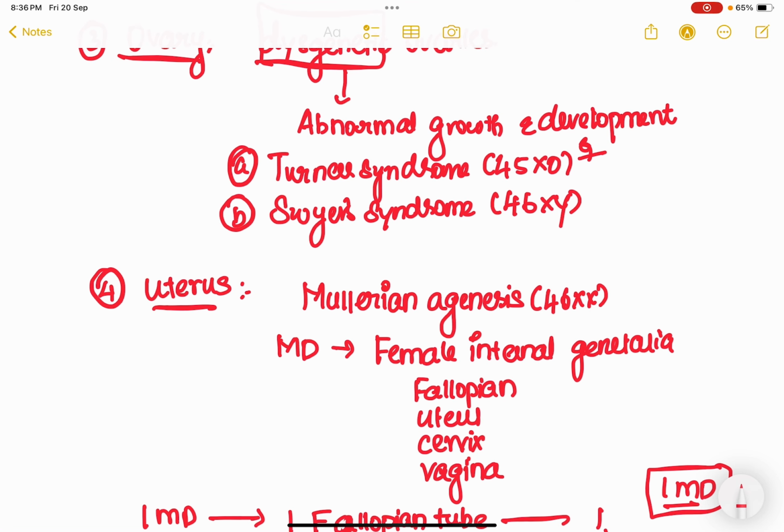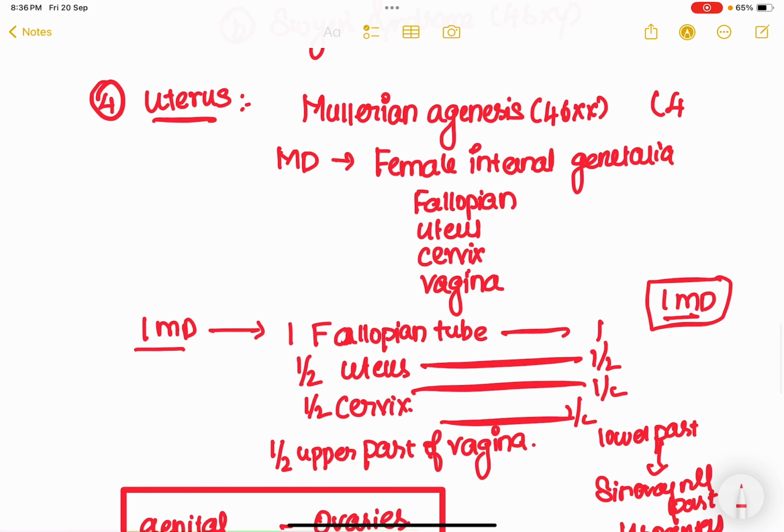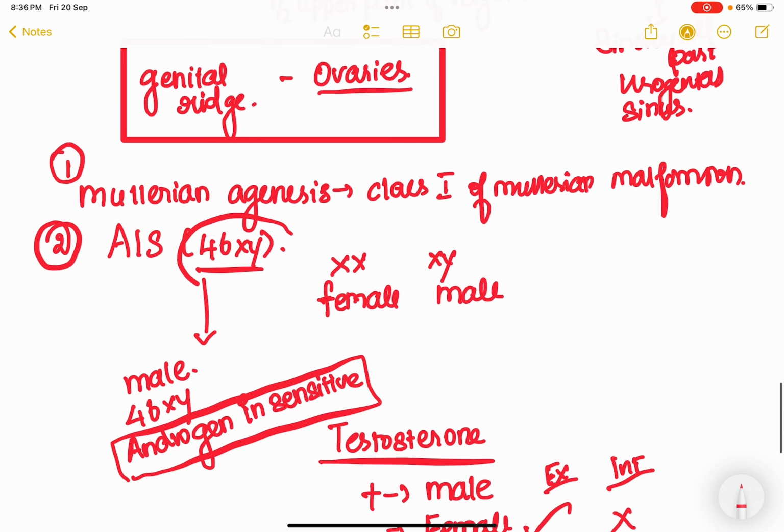For Mullerian agenesis the karyotype is 46XX. We have to have a female pattern, right? Mullerian agenesis happens in a female, so it is 46XX. Androgen insensitivity syndrome happens in males, so it is 46XY. Right? So we have discussed about